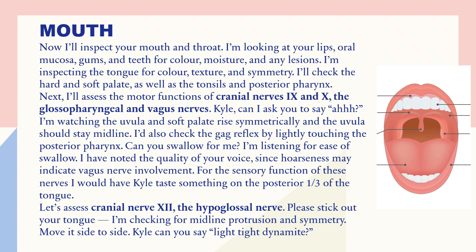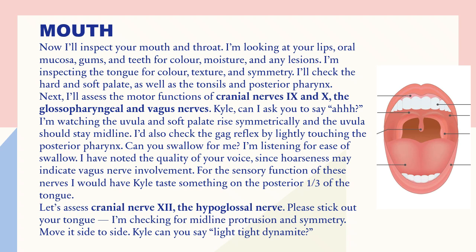Next, I'll inspect your mouth and your throat. I'm looking at your lips, your oral mucosa, the gums, your teeth. I'm looking for color, moisture, and any lesions. I'm inspecting the tongue for texture and symmetry, and I'll check the hard and soft palate, as well as the tonsils and posterior pharynx. Next, I'll assess the motor functions of cranial nerves 9 and 10, the glossopharyngeal and vagus